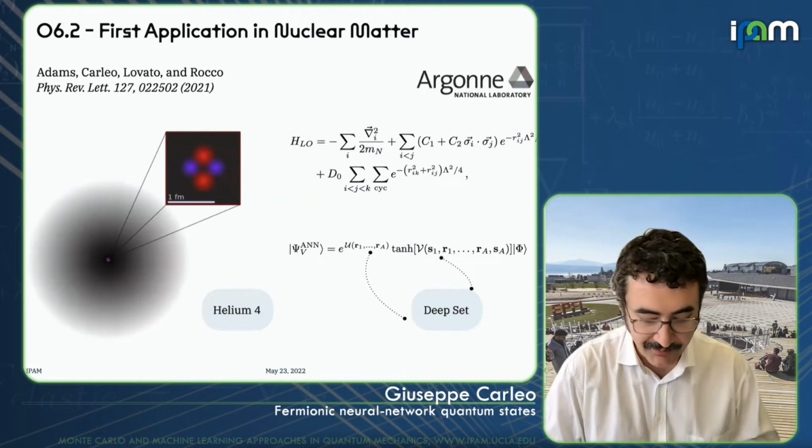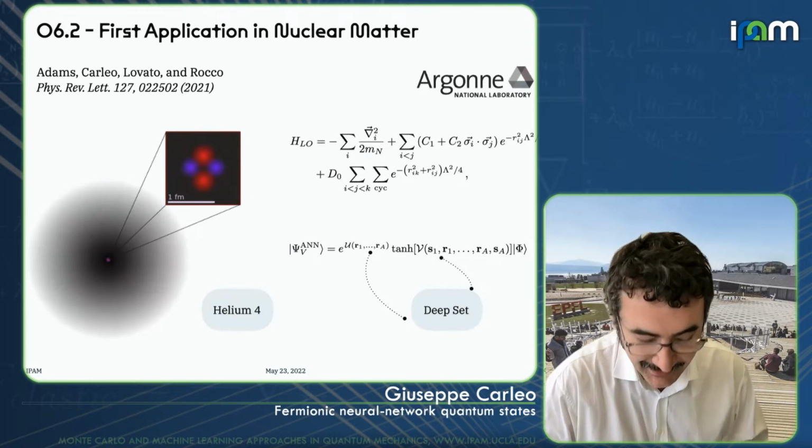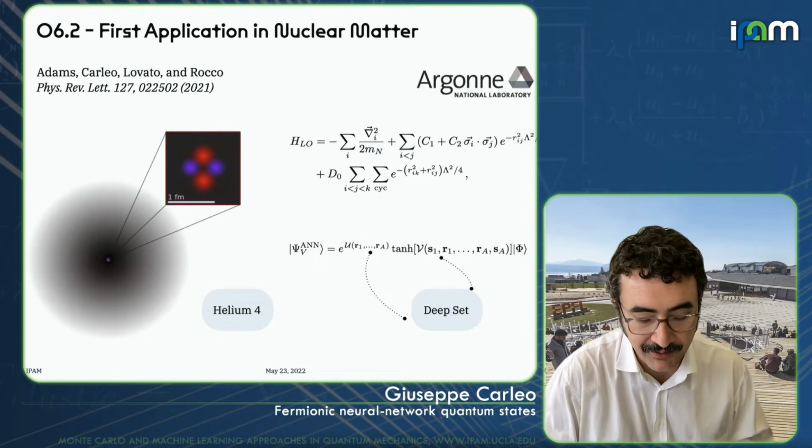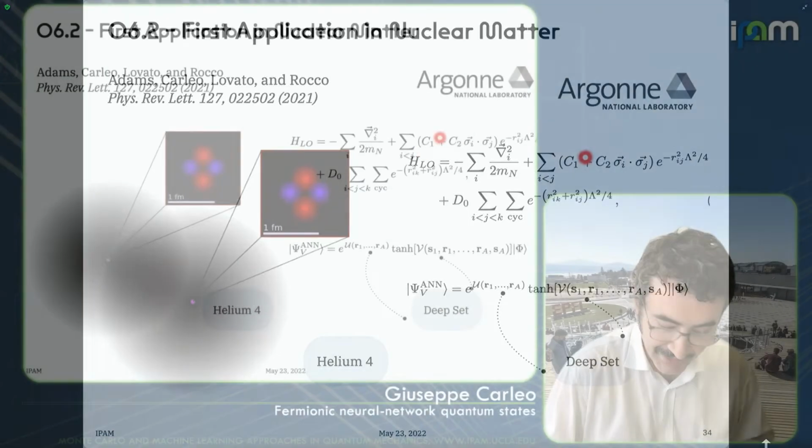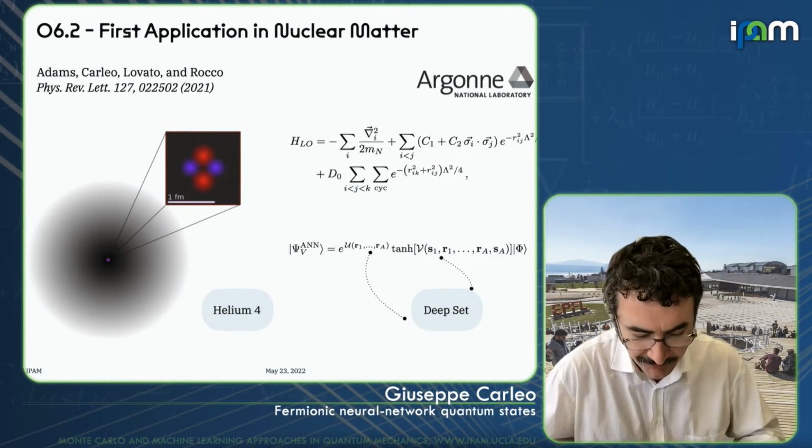The only thing that I wanted to mention, because I find it pretty telling about the flexibility of neural networks, is that we've used these kinds of first quantized approaches, for the moment not for chemistry, but for applications in nuclear matter, where, as you know, there are strong similarities, in terms of historical similarity, in terms of many-body methods that people have used in quantum Monte Carlo, for example. And indeed, it turns out that if you use these first quantized wave functions based on neural networks to study nuclear matter, we can get pretty accurate results.